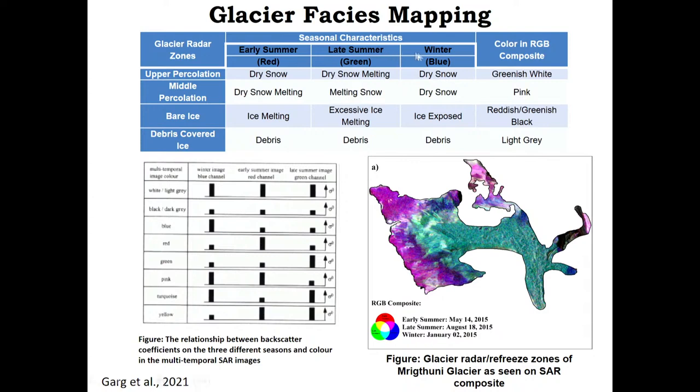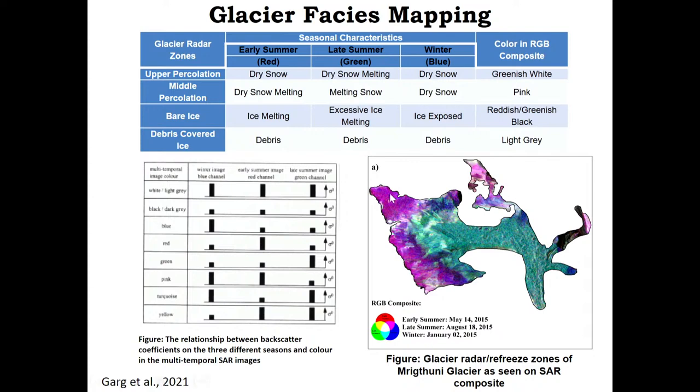So based on the backscattering analysis, if we can generate the composite of different time periods, we will get this kind of output. So this is the composite of SAR data of different dates and different seasons. Early summer, late summer, winter, if I generate a composite, I'll get this kind of output. So these colors or these tones represent different glacier